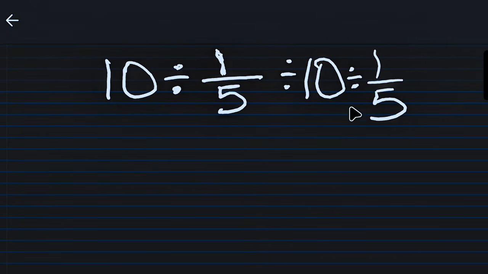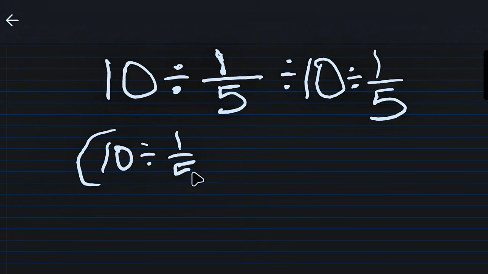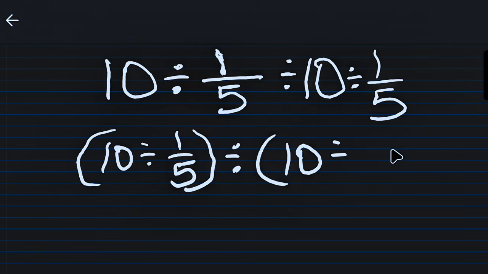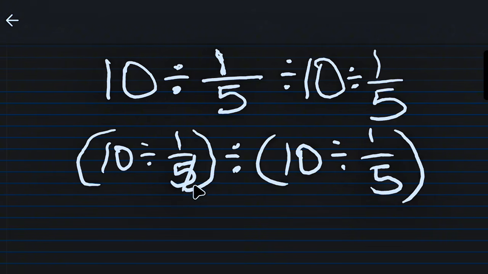Many adults could not solve this particular expression here. What they did was to put this in parentheses by writing open parentheses 10 divide by 1 divide by 5. Then they close this parentheses. Then this division here, divide by open parentheses 10 divide by 1 divide by 5. Okay, so they separated it with parentheses,